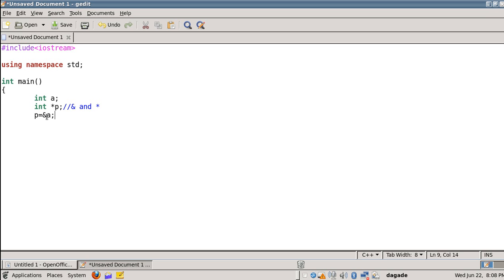It's also called an alias, an alternative name given to the variable a. So now we can refer to the variable a either by a itself, or you can refer to a